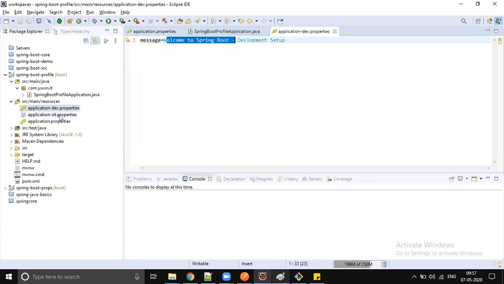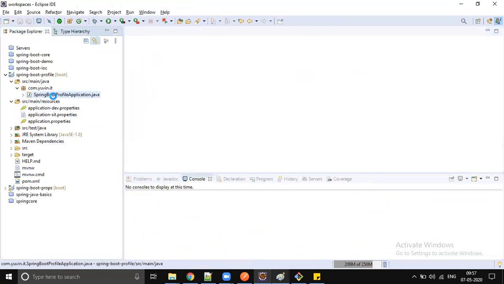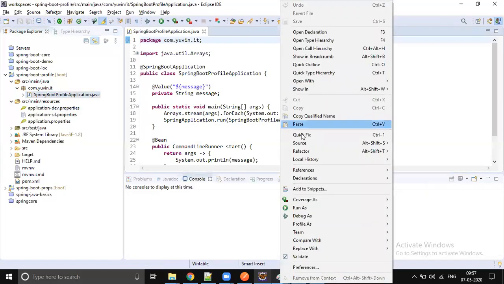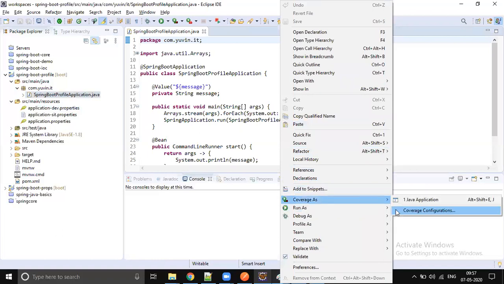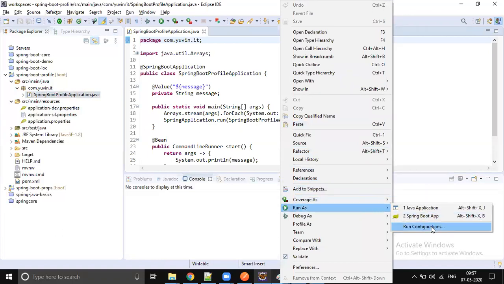So how can we instruct Spring Boot to load application-dev.properties? We run our application something like this. Right click on your application, run as, go to run configuration.